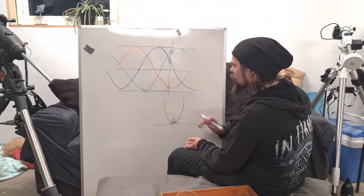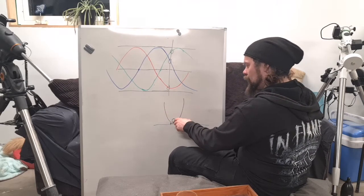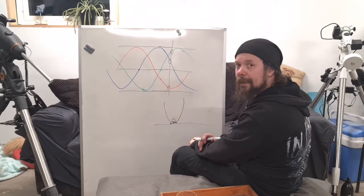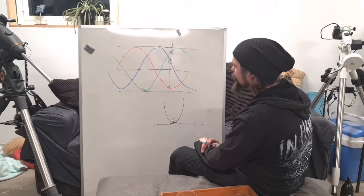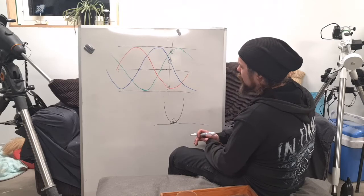Yeah, we don't want that. I want to move this cup along the table, and I want the ball to stay drop dead in the center of the cup. Yeah, it's fairly difficult if you try it out. So,